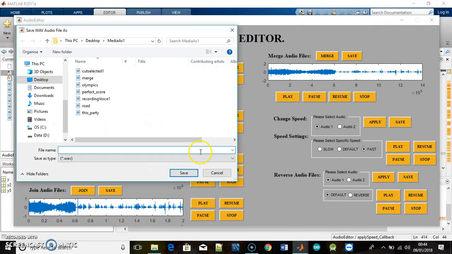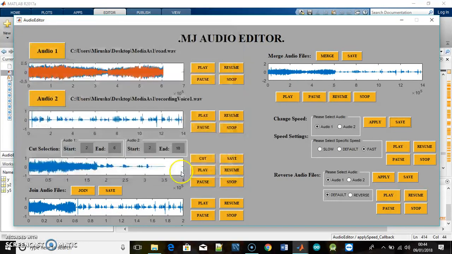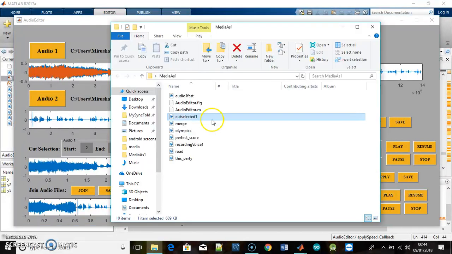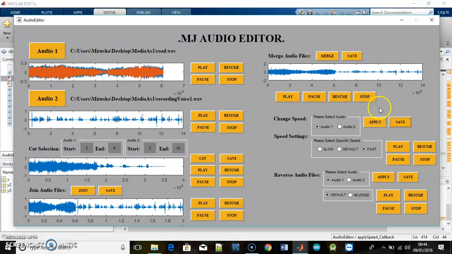So for example, I can do audio 1, was that fast? So fast. This also applies for slow as well. The user can save. So I'll do that for audio 2 to give you an example. As you can see, audio fast is there. So if I do audio 2 fast,